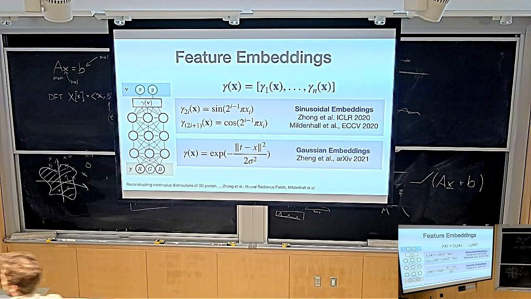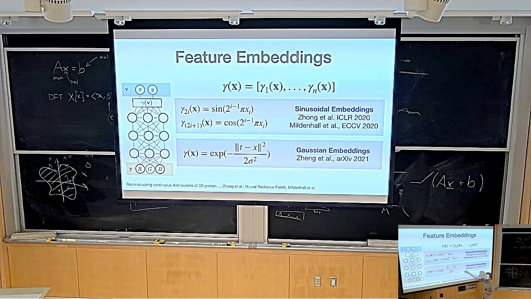Other people have proposed other things. You, for instance, can say, oh, I'm going to use a Gaussian embedding. So I pick some 2D point in my input space, and then I compute the distance of my coordinate to that 2D point, and stick it into a Gaussian. So I place a Gaussian in my input space. And then I have lots of these, and each of these Gaussians gives you one of these embeddings. And then that's what you give to your neural network. Does that intuitively make sense?